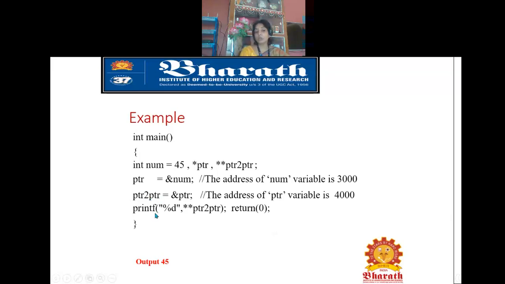And if I want to print the value of this 45 through this ptr to ptr, we have to use the double asterisk symbols, which is the double pointer. The first pointer will give the location 3000, and the second one gives the contents of this 3000, which is nothing but 45.